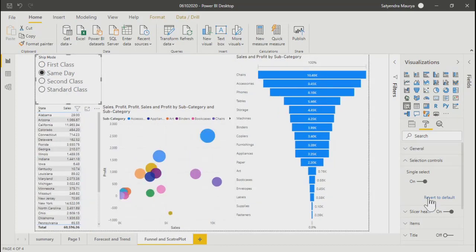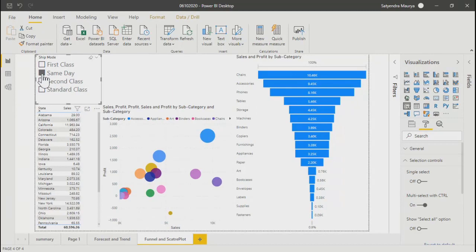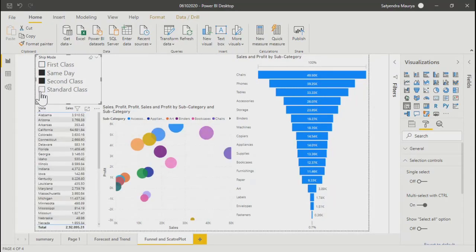But before, when it was disabled, you had multiple selection enabled here, but there are a few limitations. In Power BI, there are a few controls which work with Control in Power BI Desktop. As soon as you publish it to the Power BI web service, it will be fine. What I mean is, over here, if you want to select multiple values, you need to press Control and then you can select these values.